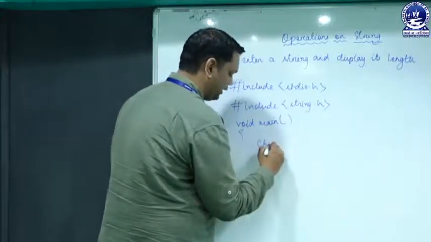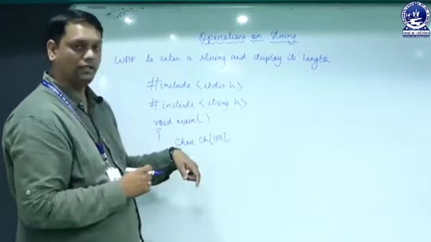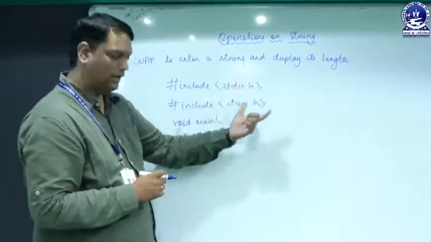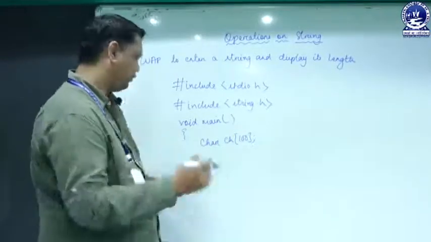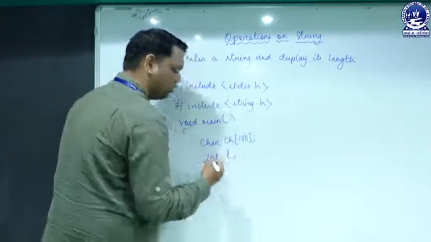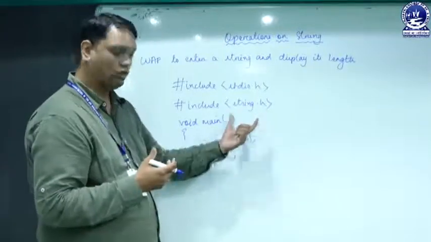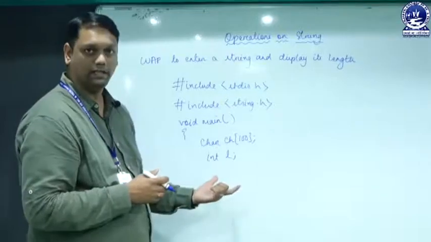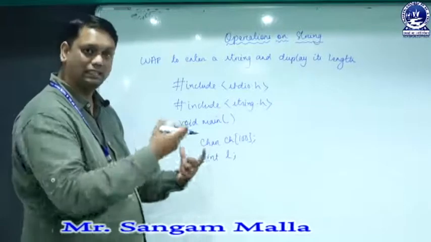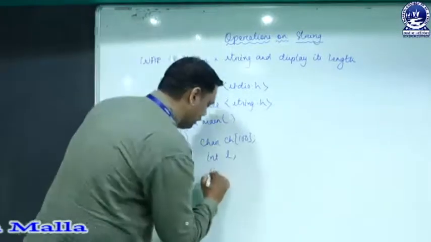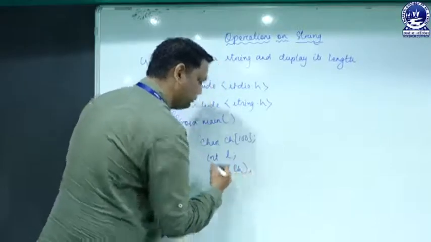Now I have to take a character array, let's say char ch of 100. Now I have to calculate the size or the length of the character array. We can solve it in 2 ways. First of all, let's take an example of a library function, that is sizeof. sizeof is a special type of function, which actually calculates the size of the character array or the string which we are declaring, or which we are accessing from the user. Let's say we have gathered the string using the gets function in ch.